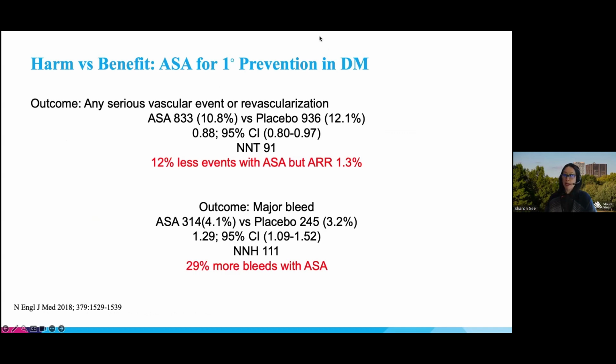So this is a really great example of thinking about harm versus benefit. This is the ASCEND trial. I don't know how many of you remember the ASCEND trial from 2018, but this was a study looking at aspirin for the primary prevention in diabetic patients. And their primary outcome was looking at any serious vascular event or revascularization. And what they found was that aspirin was very effective in reducing the primary outcome. It showed 12% less events with 100 milligrams of aspirin daily in diabetic patients. And this is over